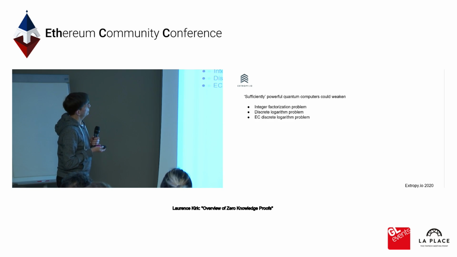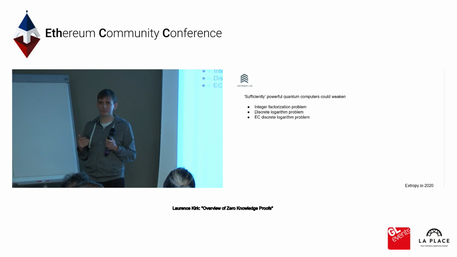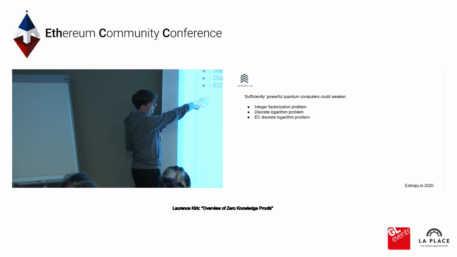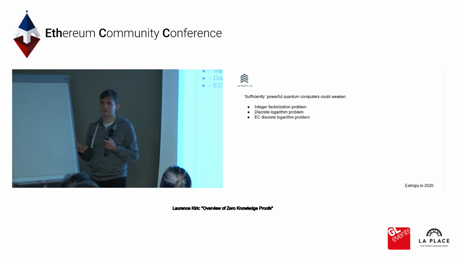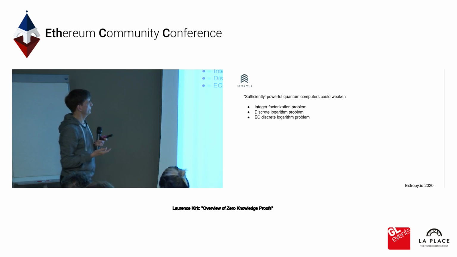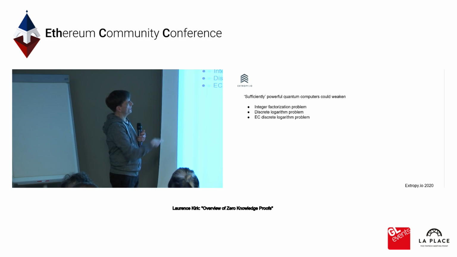Post-quantum, so interestingly, for a sufficiently powerful quantum computer, obviously this is for some value of sufficiently, this could weaken some of the cryptography that underlies some aspects of zero-knowledge proofs. But whenever I speak to people involved in this area, they always tell me it's about 10 years away, pretty much like nuclear fusion. But those primitives are the ones that will potentially be affected by quantum computing. Not so the hash functions, which is why STARKs are seen as quantum proof.